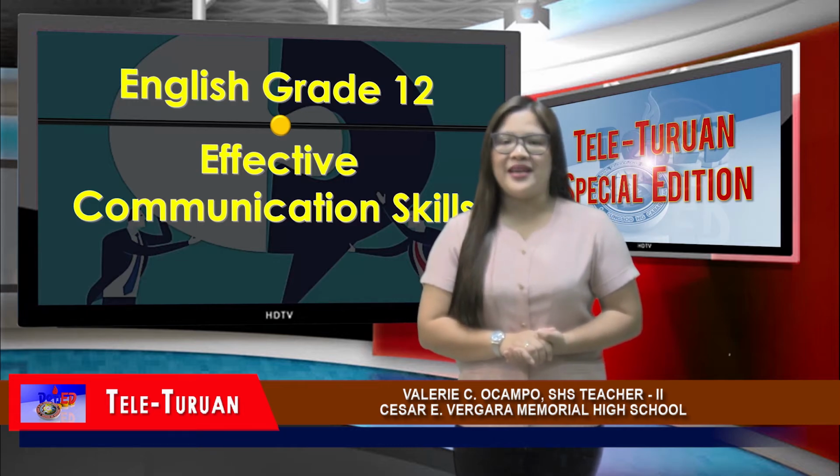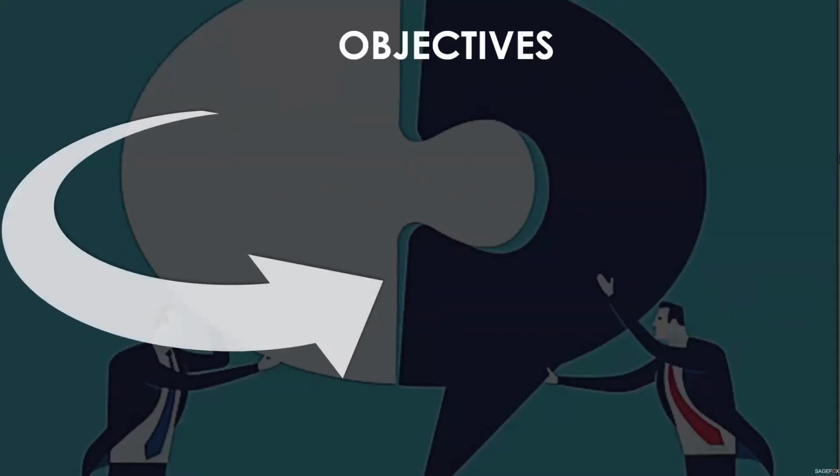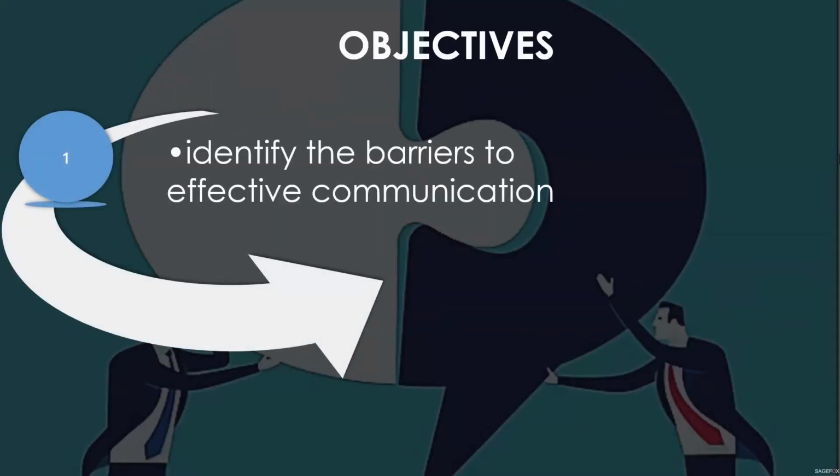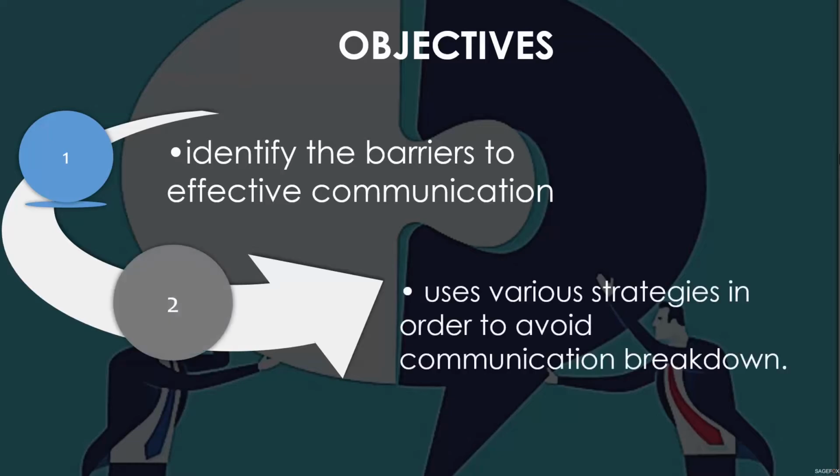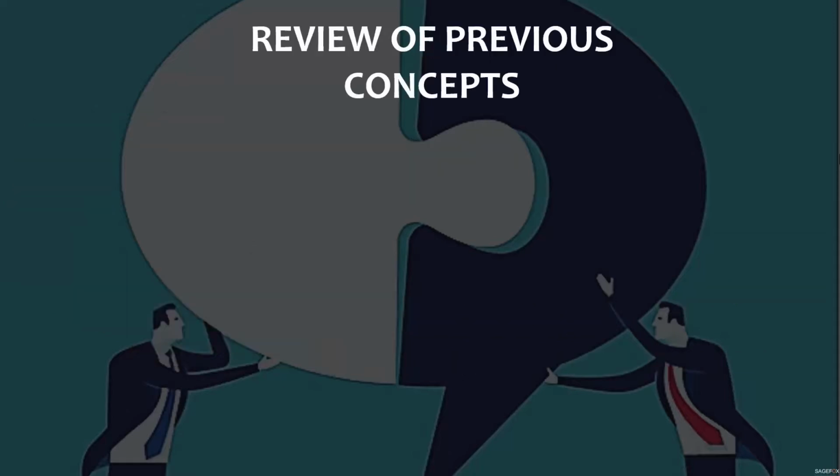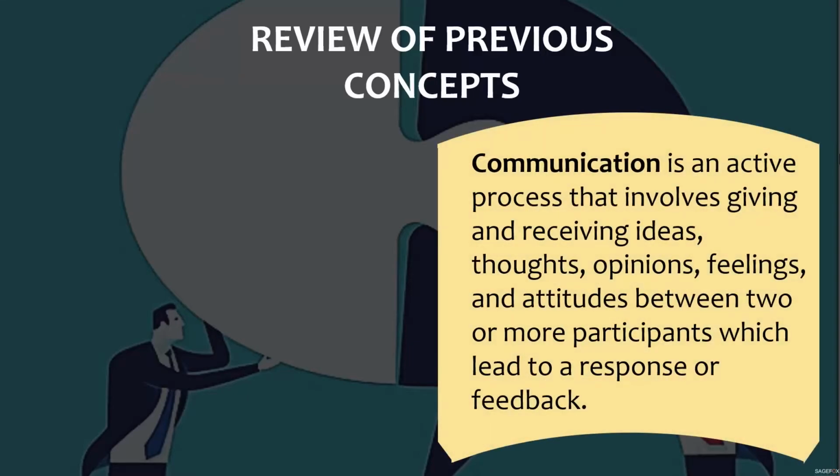Our lesson for today will be about effective communication skills. After the lesson, you are expected to be able to identify the barriers to effective communication, and use various strategies to avoid breakdown in communication. But before we dive straight into how communication can go fantastically wrong, let's briefly summarize what